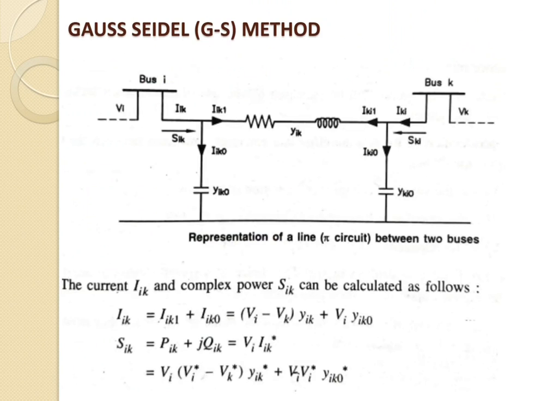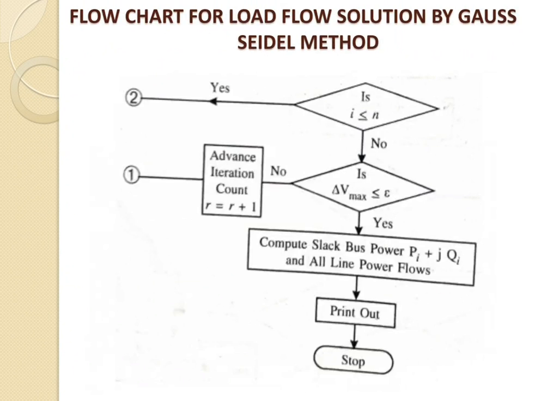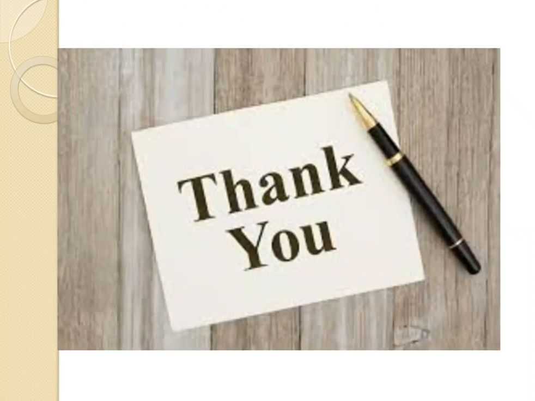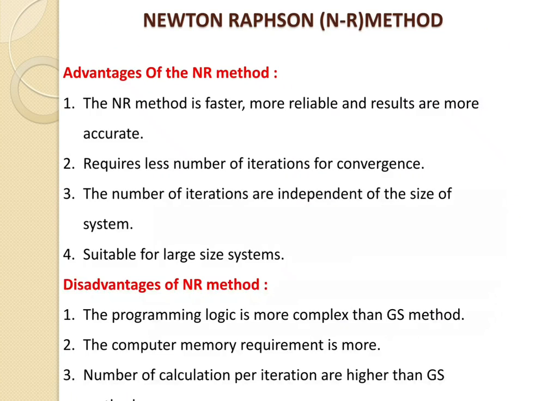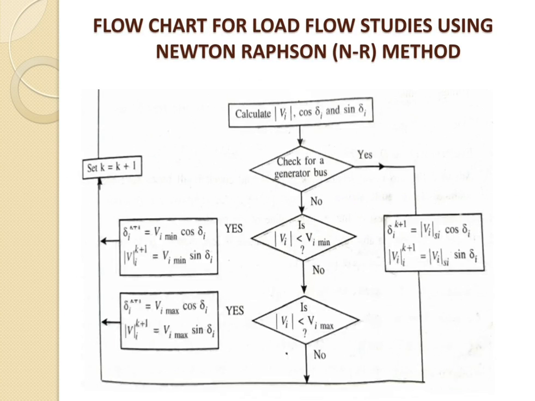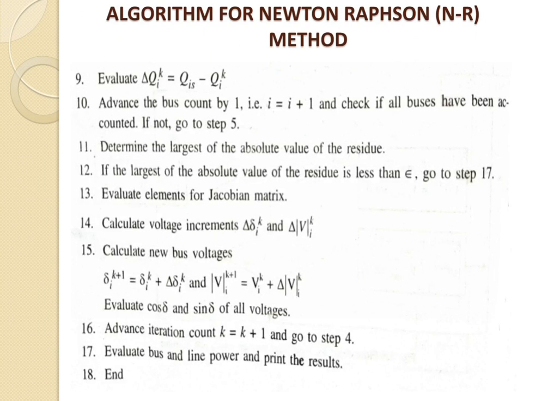Here is the figure represented for the Gauss-Seidel method, but we will discuss the Newton-Raphson method. In that case, we have assumed the parameters based on bus A and bus B, so whatever equation we get is based on A and B only. The complex power fed by the Bth bus into the line connecting the Bth and Ath bus is written